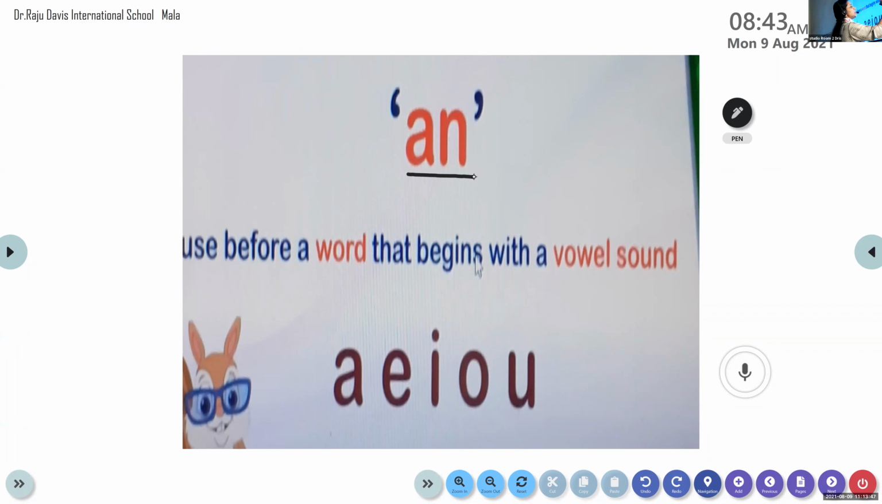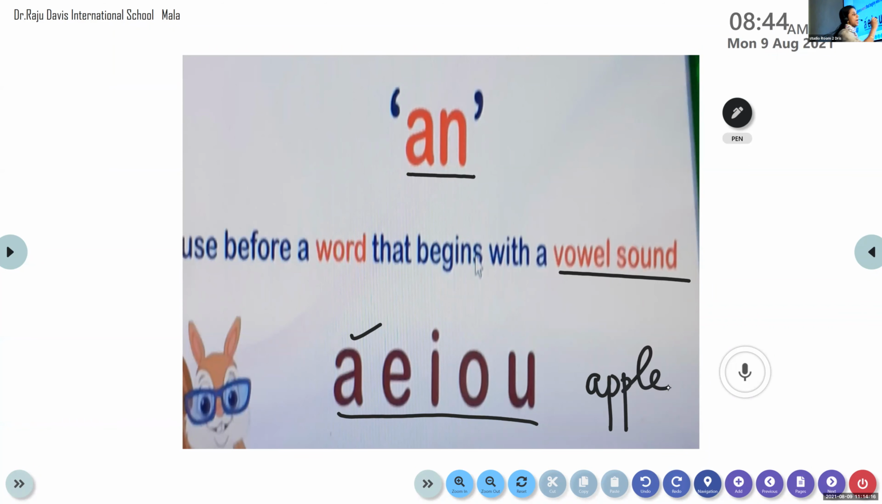So we use the article "an" before a word that begins with a vowel or a vowel sound. Clear to all of you? All of you, please look at the slide. Don't look anywhere else, don't even look into your book. We use "an" before the word that begins with a vowel or a vowel sound. For example, these are the vowels: A, E, I, O, U. If a word begins with A, what do we have to do? For example, apple,